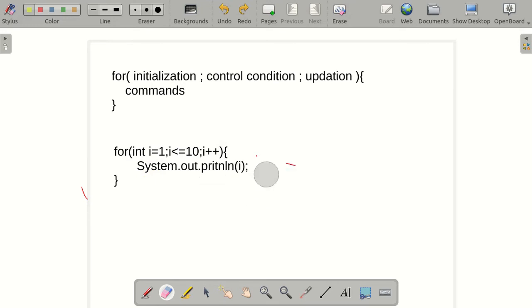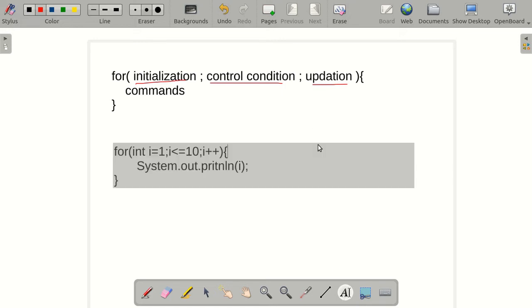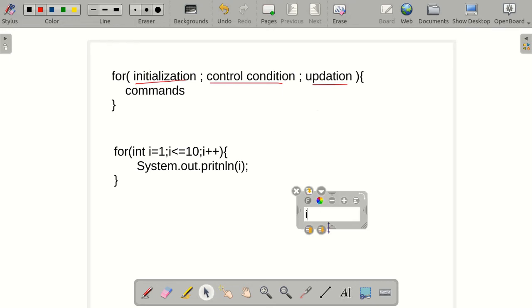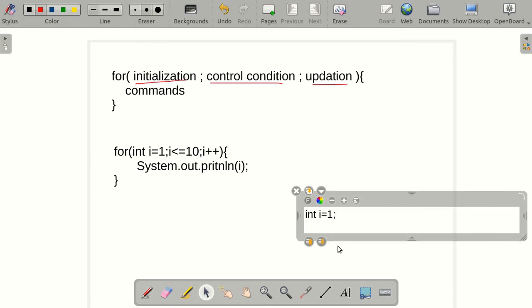Now coming to another important thing, it is really not necessary to write these three, the initialization, control and updation part over here itself. The area of initializing, or the area of updation, or the area where we check if the condition is true or not can be changed. That is, I can even write a code like this. I can write int i is equal to 1, then for